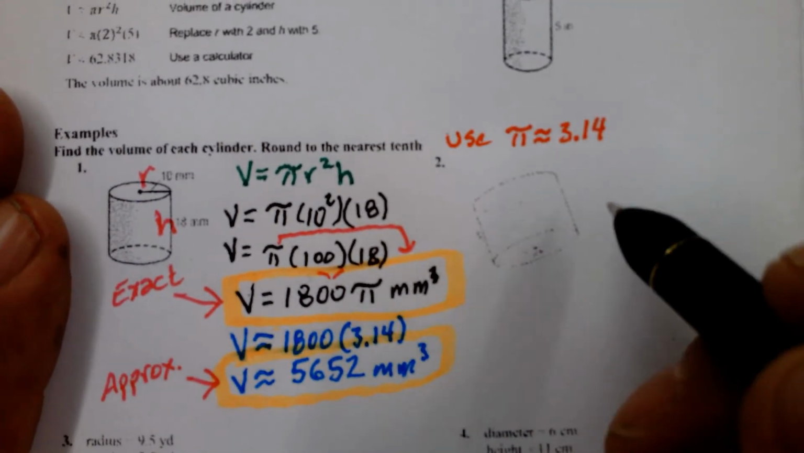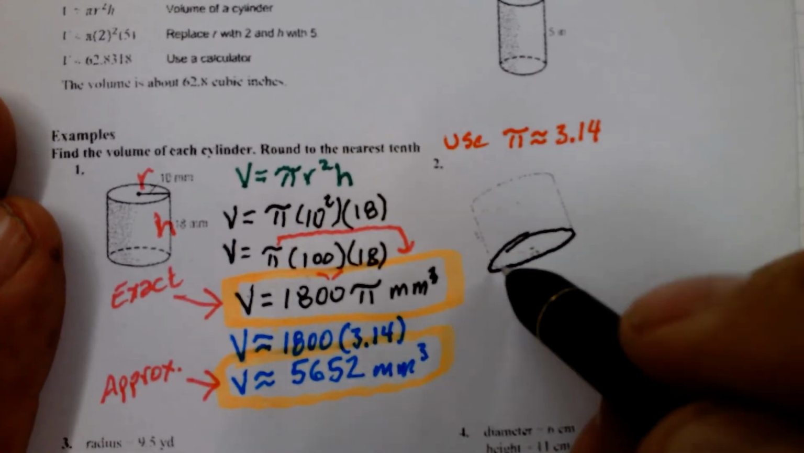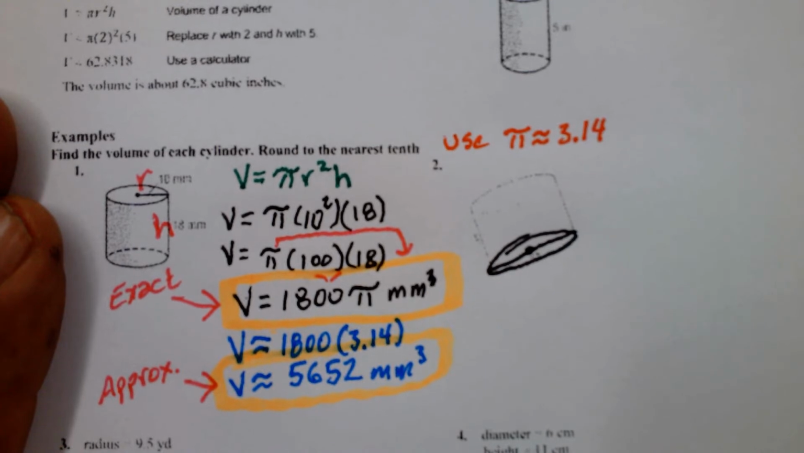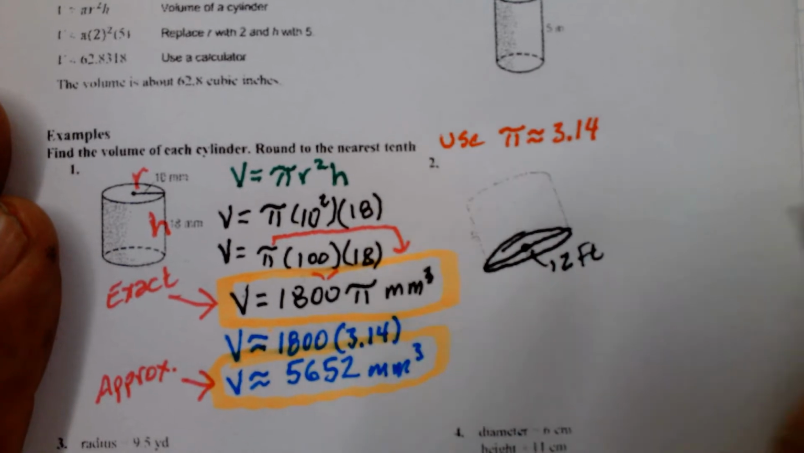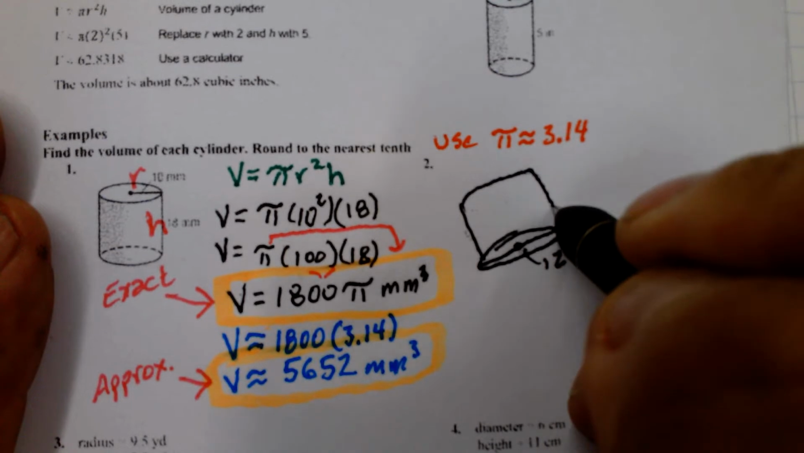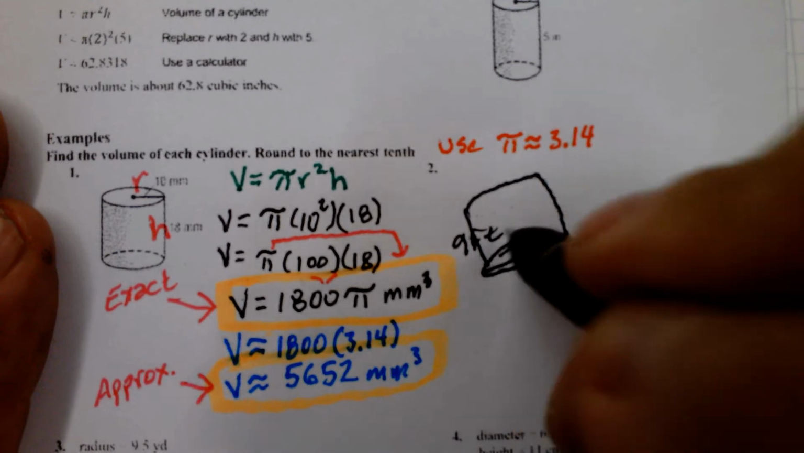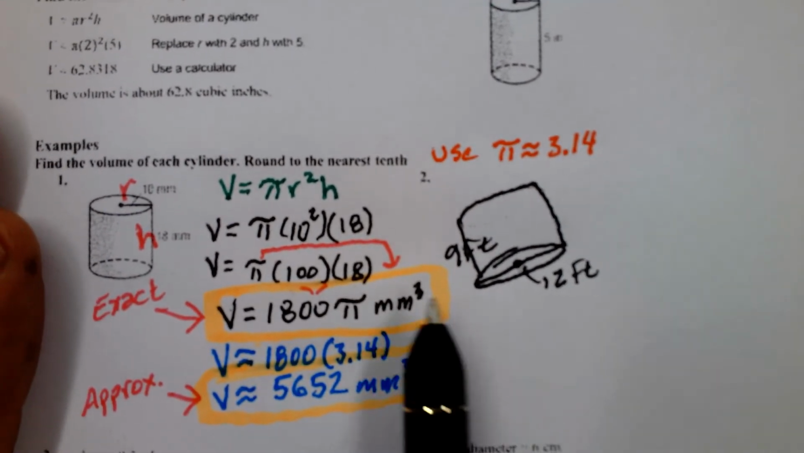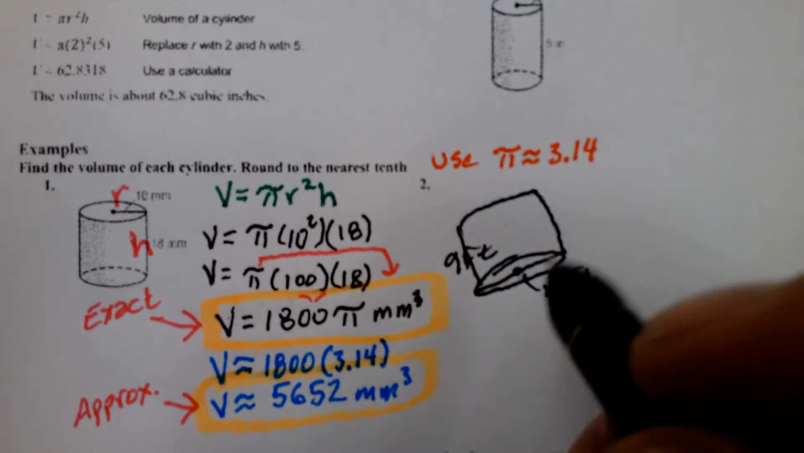Let me give you the numbers that we're missing. So we have this circular base, and they give us the distance all the way across. We call that the diameter, and the diameter is 12 feet. And they also give us this height. And the height is 9 feet. So 12 feet for the diameter all the way across, 9 feet for the height. So since this is the diameter, though,